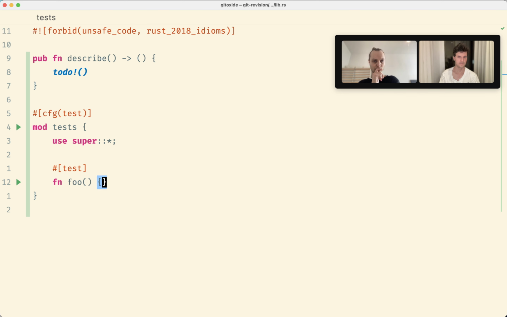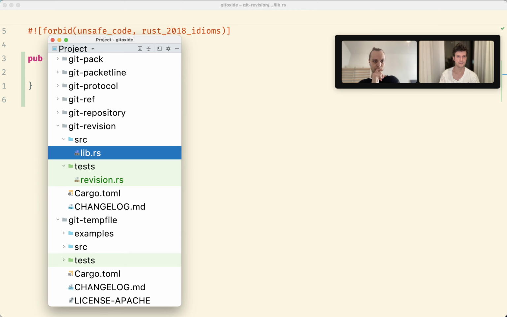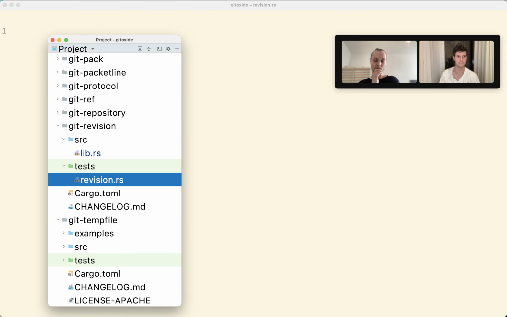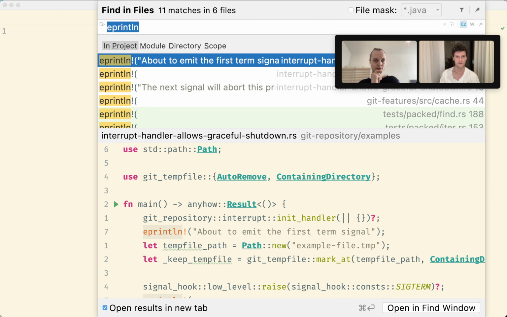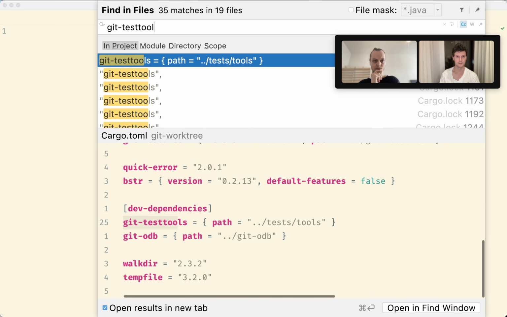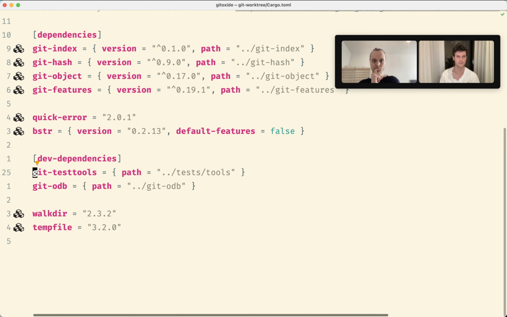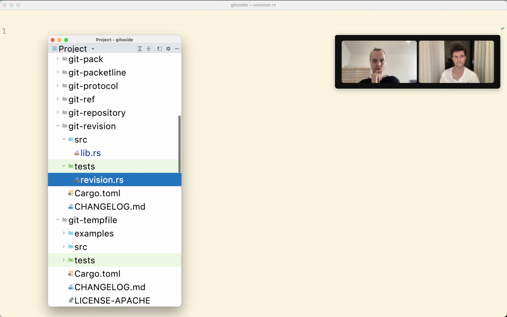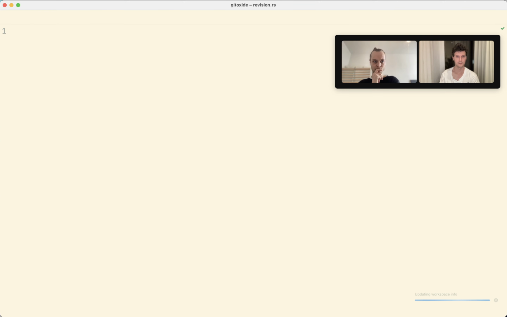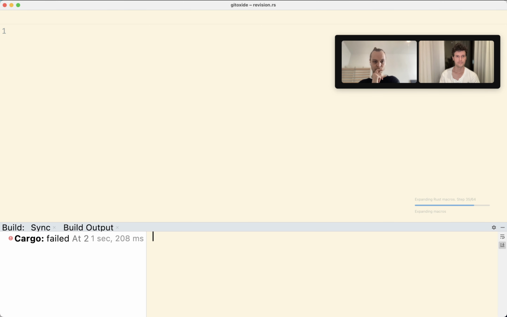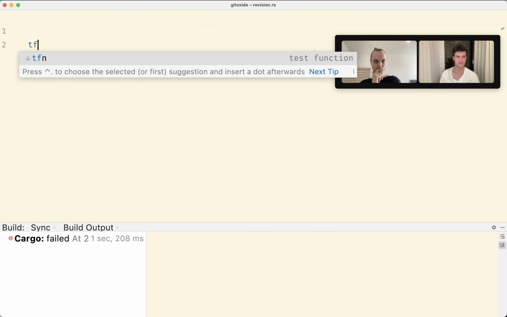Yeah, this probably isn't needed then. Revision. Then it's always a good thing to have the test tools from here for now. And then you can start